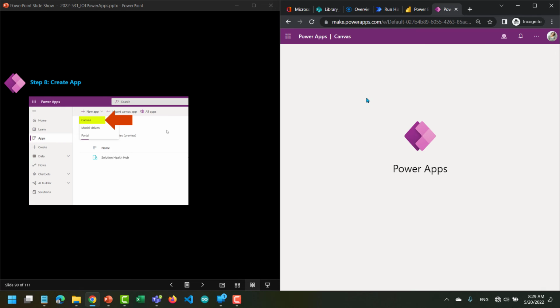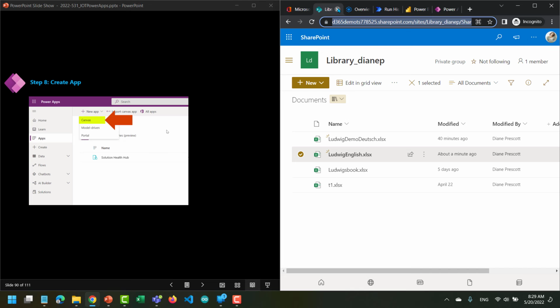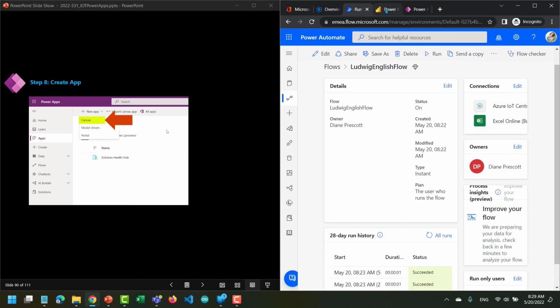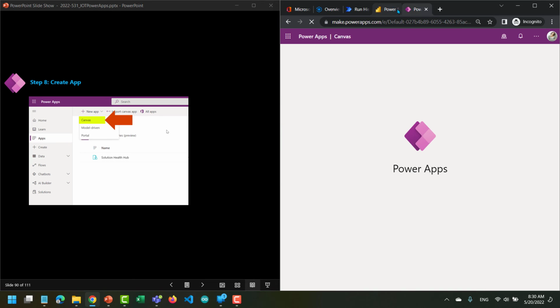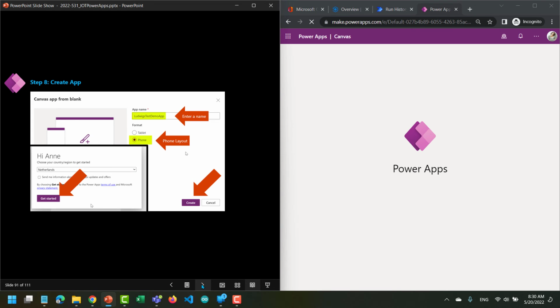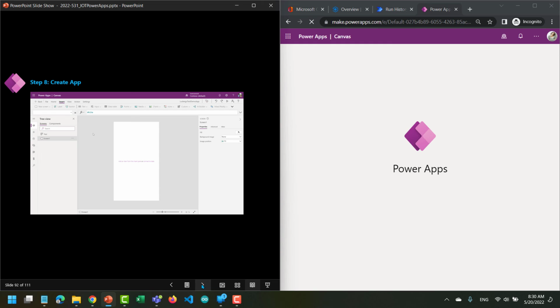and it seems my computer is just a bit slow. I don't know if it helps if I close this, Power BI. And let's go through the slides then. First, we want to have a phone layout. We enter a name, create the app, and ultimately, we should arrive at this